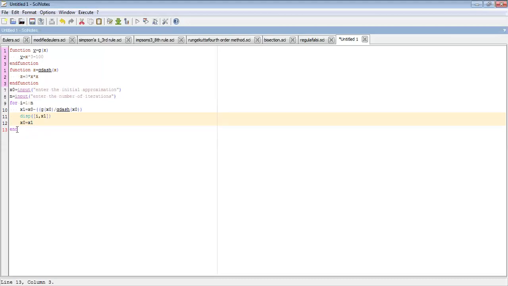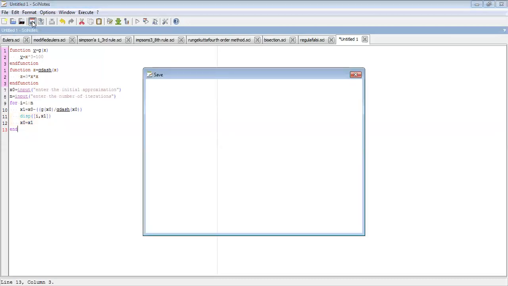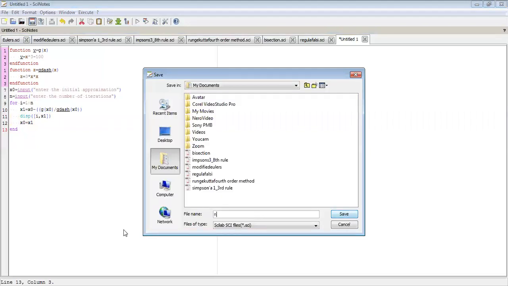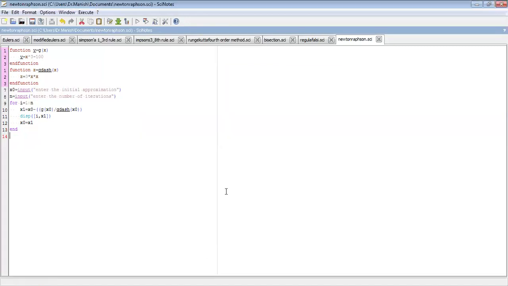Now we'll save this. We are saving this as Newton-Raphson dot sci. This way you are going to save it. Okay, now you can see that it is getting saved and we have to execute this. So I'll just share that, our console.